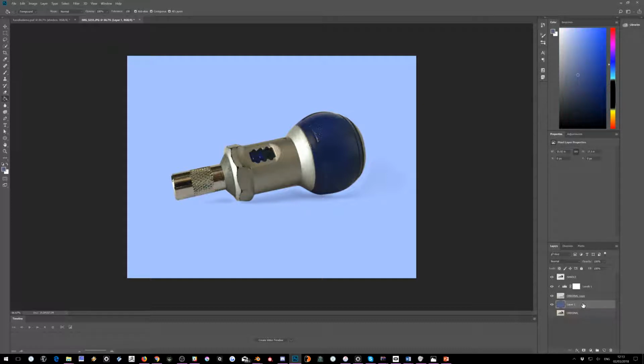Now something else we might like to do on this, if we throw up another layer on top of this layer, let's get another colour picker out here. Let's get the eyedropper tool. I'm going to pick this kind of really light blue from here. I'm going to make myself a really big soft brush. I'm going to use the square brackets to